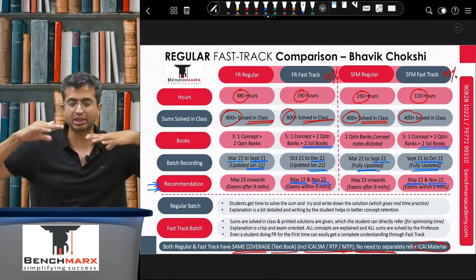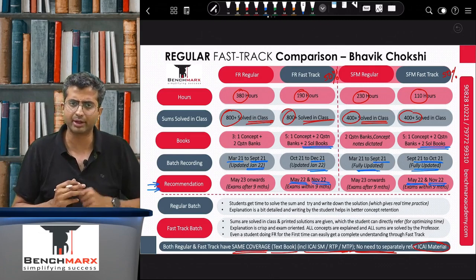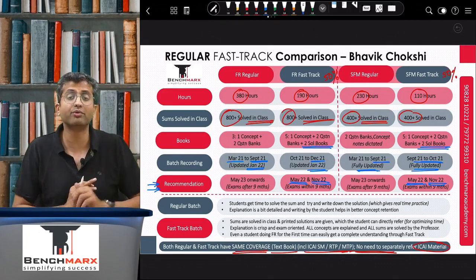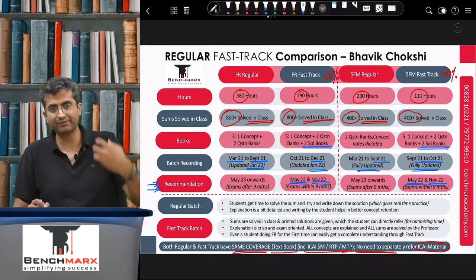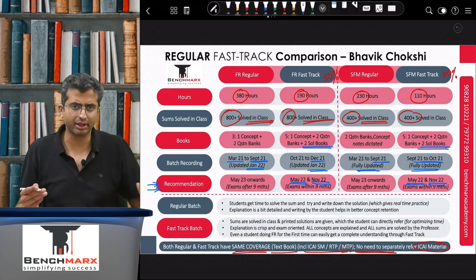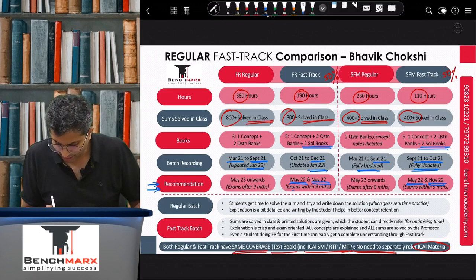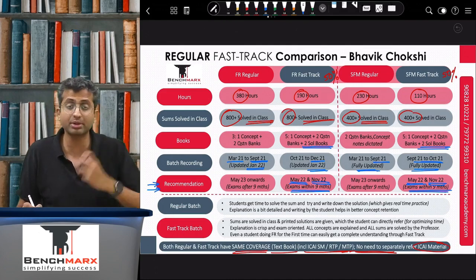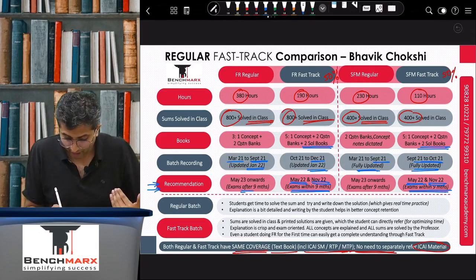But considering the time as well as the trade-off between the time, fast track will work even for November 2022 if you are starting, let us say, in February. So if your exams are within 9 months, fast track is typically more suitable. If exams are after 9 months,